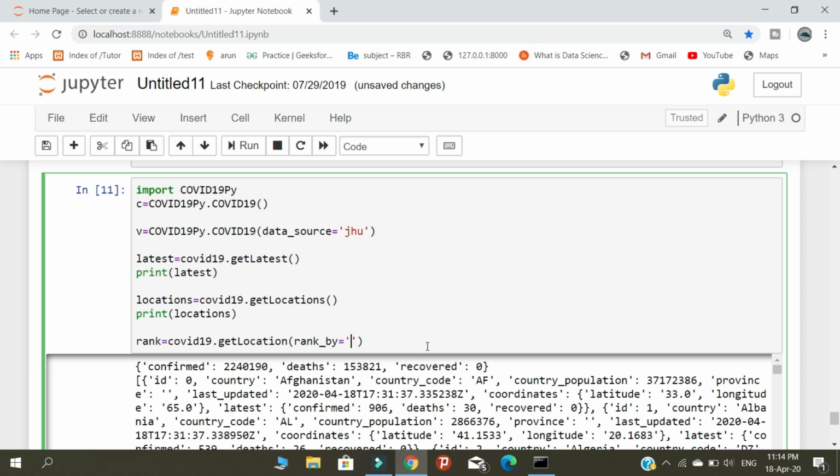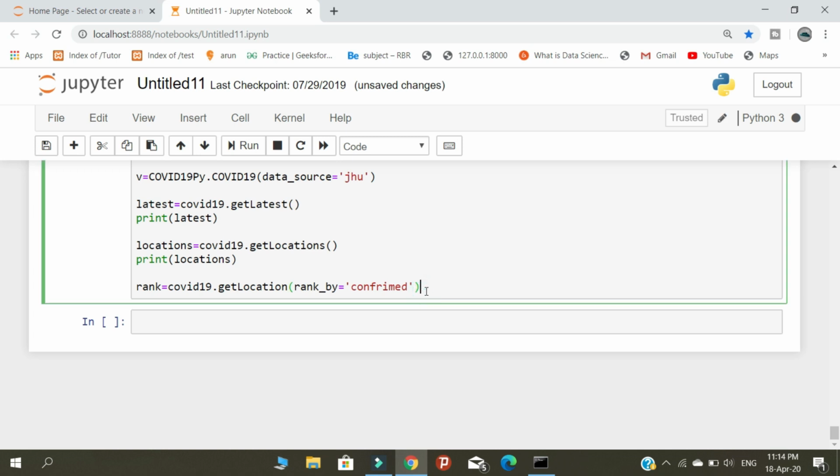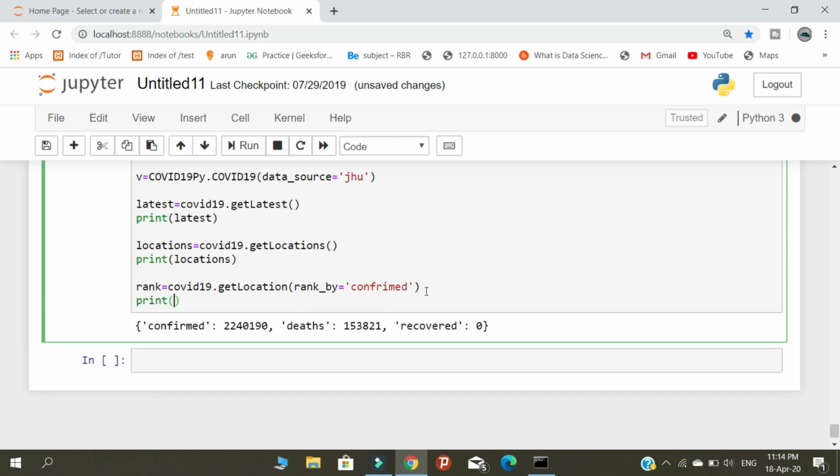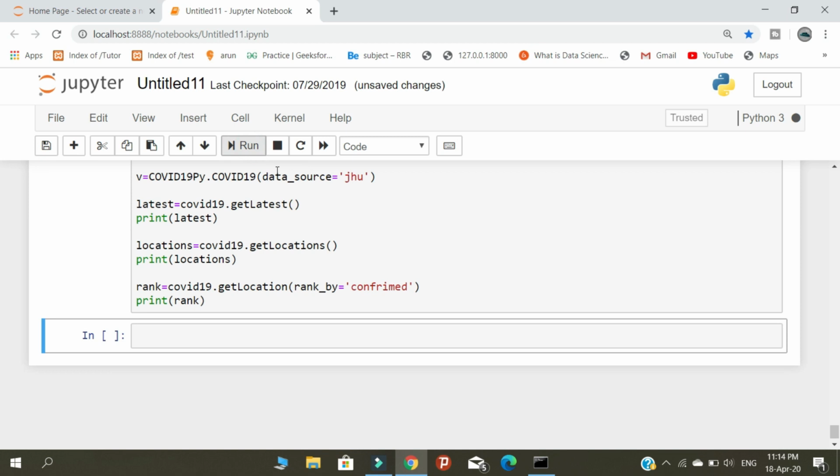Here I am giving the command confirmed. Print rank. This will print the countries rank-wise. The country with the most confirmed cases will come first. So let's run the program.